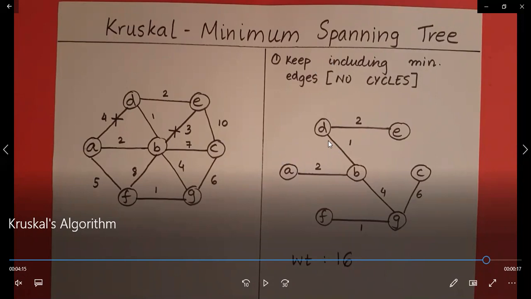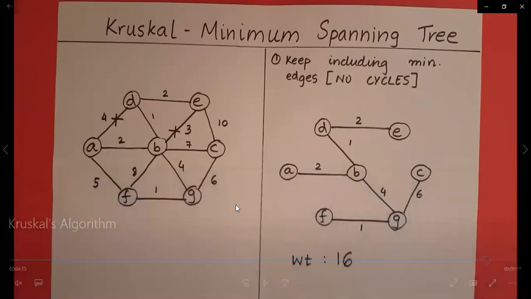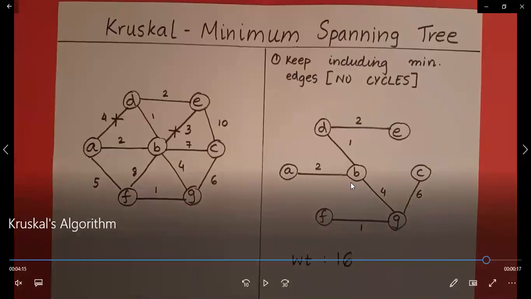we will be choosing the one which has the least cost. So here the least cost is, as you have seen, B to D as well as F to G. Here again there is a tie, both having the value 1. Which one to choose? We will go according to alphabetical order. So B to D is taken, then F to G is taken. Next D to E, where the value is 2, so you are taking A to B and D to E. Next value is 3, it's forming a cycle, so we are discarding that.